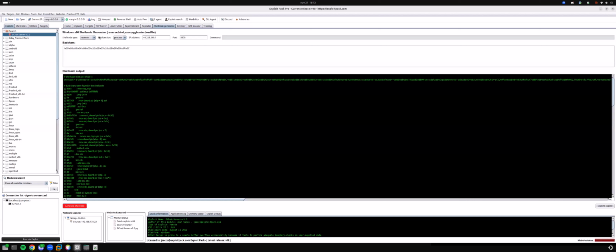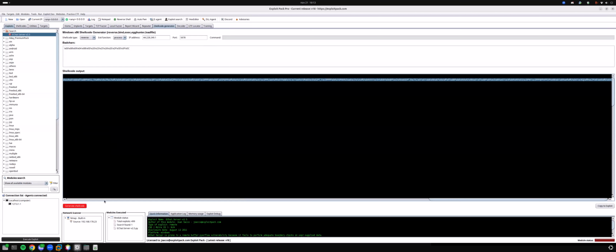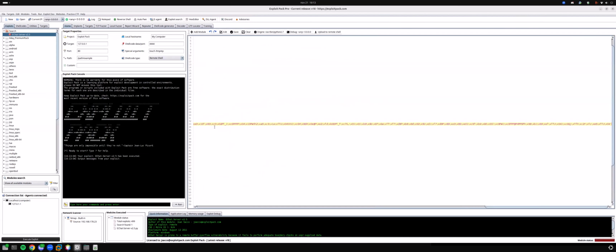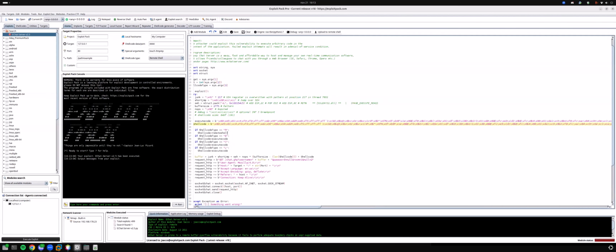And then it says, okay, while generating this shellcode, it did find some bad chars, so it replaced them. So that was quite useful. So now we have this shellcode that is going to try to do a remote shell back to this IP and this port. So like that, and then we do remote shell,